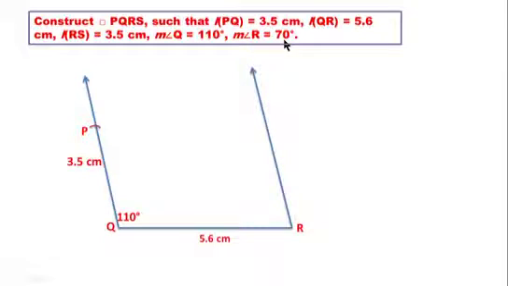Measure of angle R is equal to 70 degree. Measure of this angle is equal to 70 degree. And length of RS is equal to 3.5 cm. Take distance in two edges of compass is equal to 3.5 cm. Then place here metallic pole and mark the arc. Here is the point S. Length of RS is equal to 3.5 cm. Join the point P and S